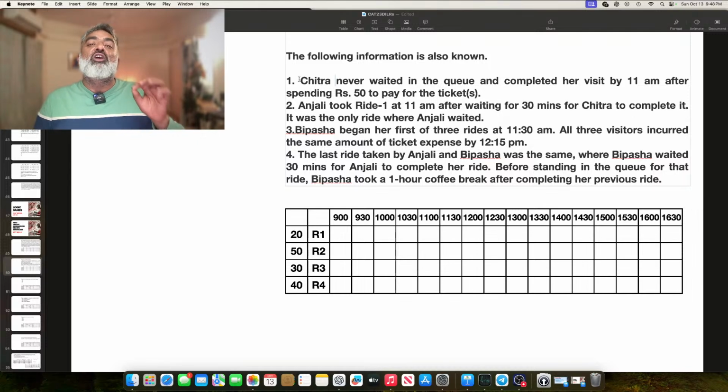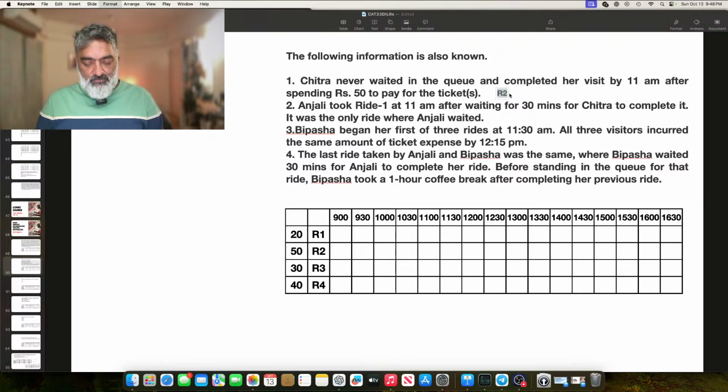So this is what we mean by mastering deductive reasoning. And it's so easy, so simple. Because if I catch hold of you and ask you, okay, Chitra never waited in the queue and completed her visit by 11 a.m. after spending rupees 50 to pay for the tickets. Okay, think about this rupees 50. She could have taken just ride 2, and she was done by 11 a.m. That means she would have started at 10 a.m. So write that data, capture that information somewhere